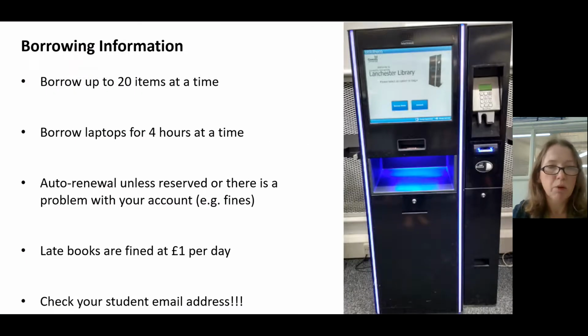So a little bit of information about how you borrow books. You can borrow up to 20 items at a time, and that's a combination of 3-week loan books, 7-day loan books, videos, up to 20 items. You can borrow laptops for up to 4 hours at a time. If you borrow them in the library, you need to use them in the library, so you can't take them out of the building. Books that you do borrow are automatically renewed,